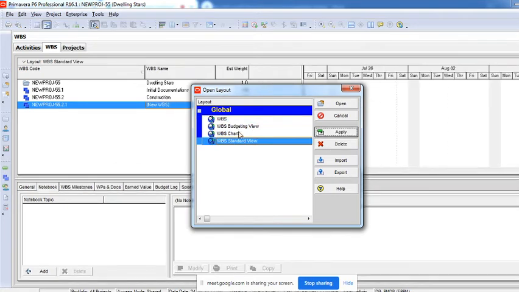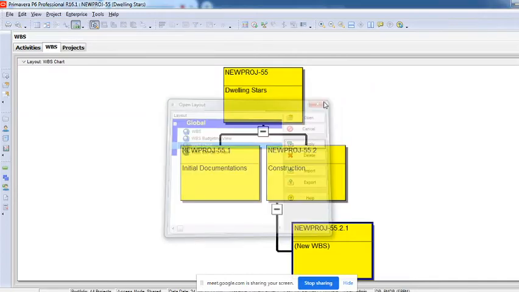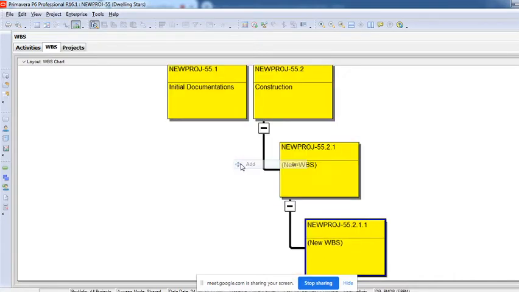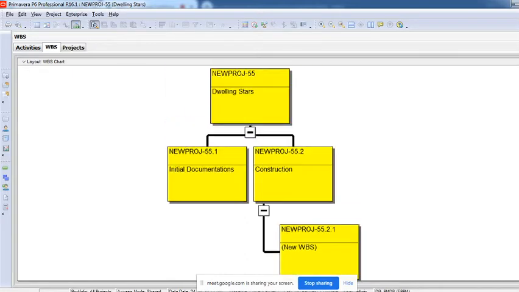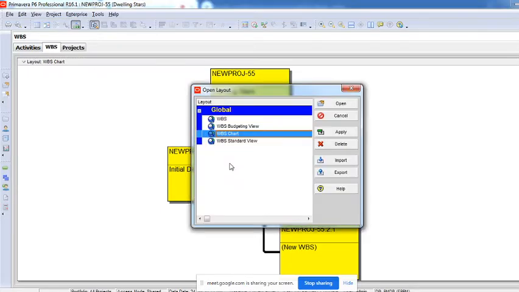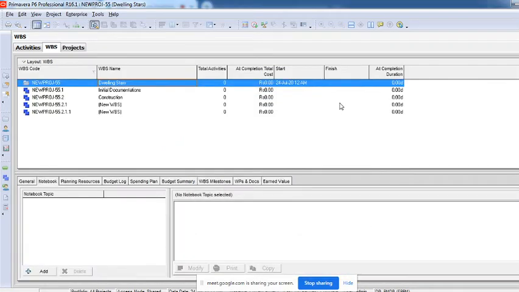So we have changed this. I'll do this later. The chart which you will get here like this is very difficult for you to create, clicking on this and then saying add. If you click on add here, something new gets added to that particular level, so it becomes very difficult for you to understand where to click. So better you click on this and use this layout, WBS or WBS standard. Actually you can use the WBS standard view. Mine is a little different, somebody has changed the complete layout, they have customized it, but yours might work properly there.